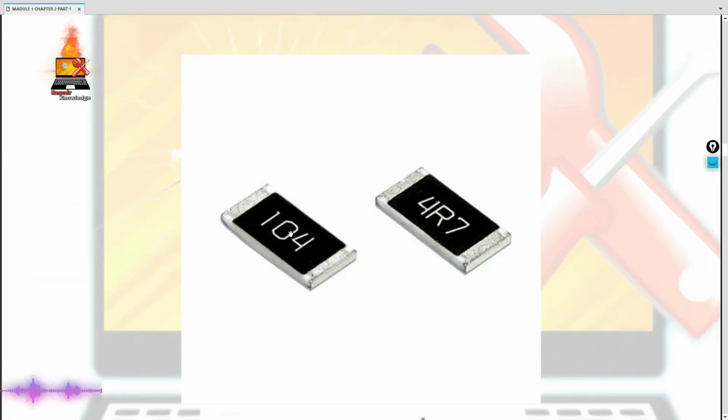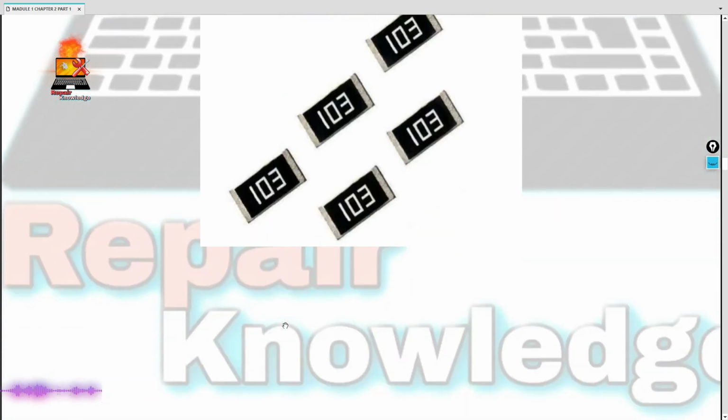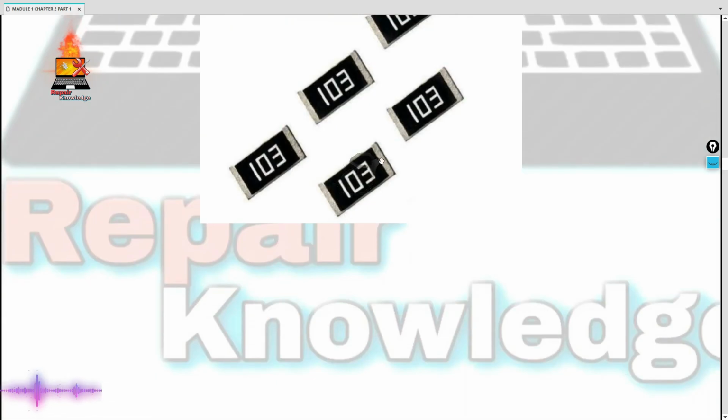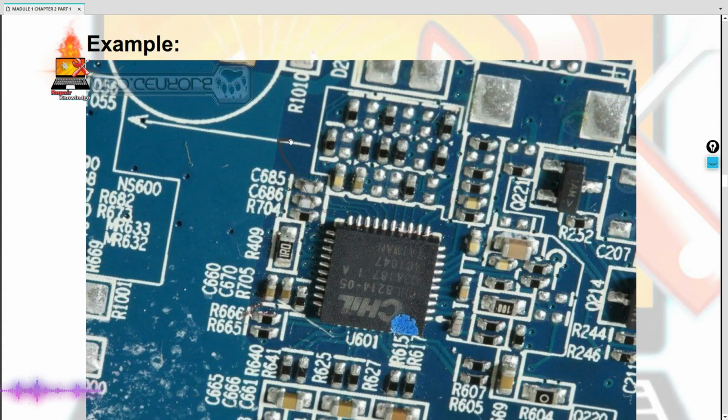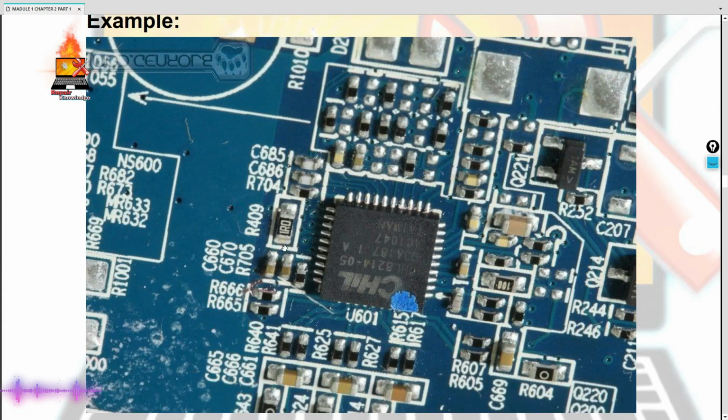Let's go further and see how many types of SMD type resistors there are. There are 4 types of resistors on our motherboard. The first one is the body printed resistor. It will be silver on the two sides with a black body in the middle, and what is written on it remains. From the printed body we can read its number and its size. Look down here too: silver, black body and number. Okay, this is one type.